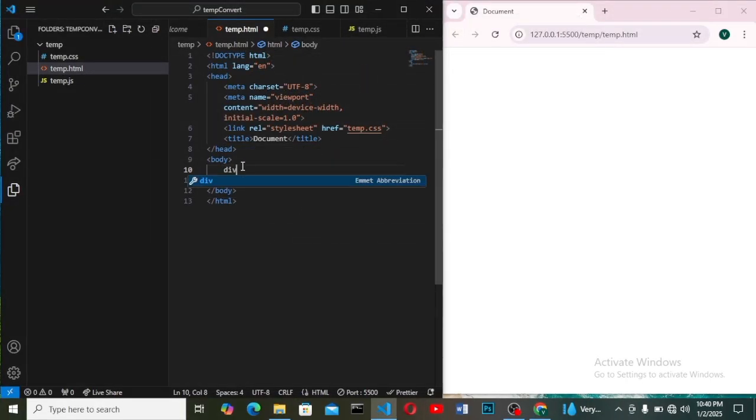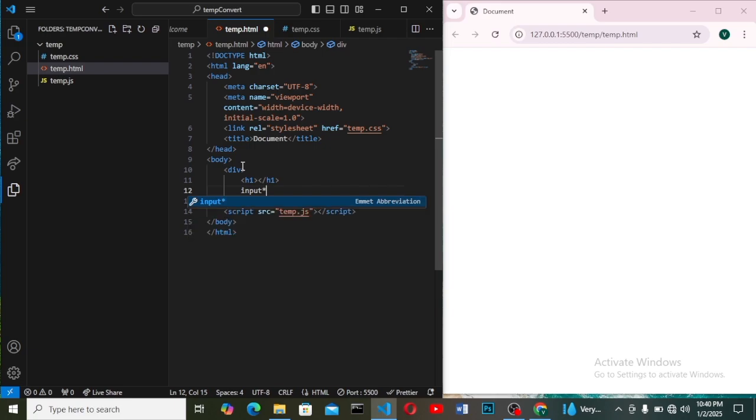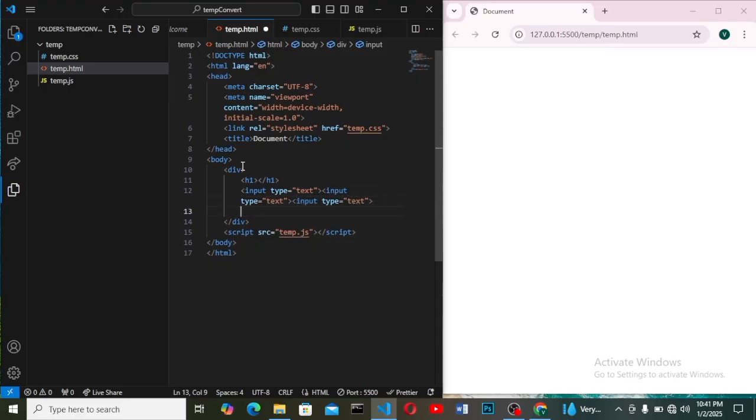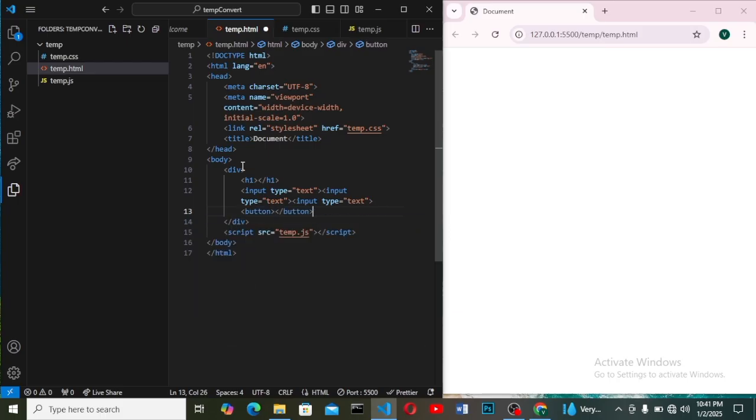So let's create a div first. We'll create a heading h1, create inputs. We'll create 3 of them, so this is a shortcut to create 3 of them. Then we'll create a button, and we'll create the result div. So we'll give them a class. Let's save first. Alright,